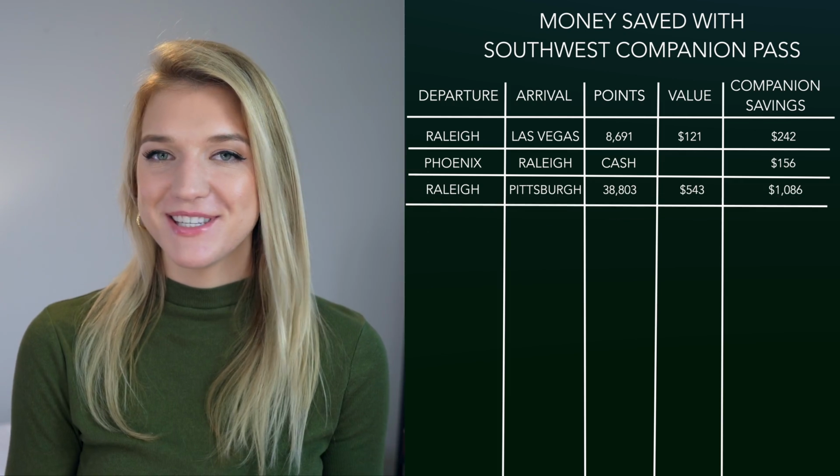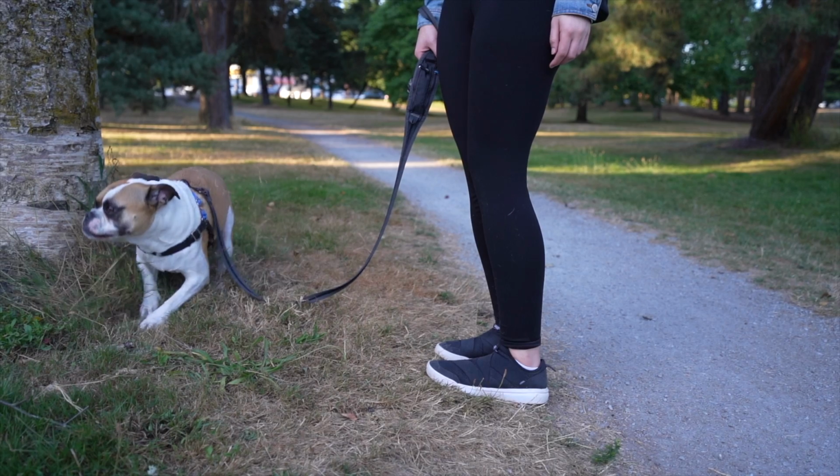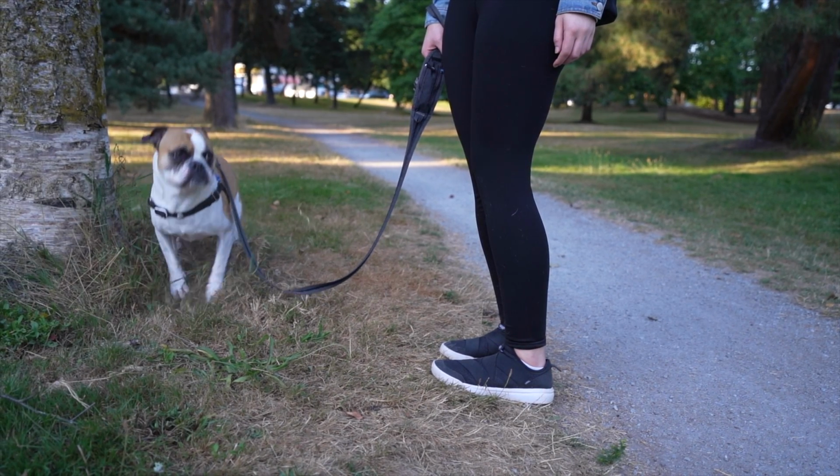After that, I had a trip to Seattle, which was absolutely incredible. In addition to the airfare being free for both of us with points and BOGO flights, we also used another travel hacking tool called house sitting, which enabled us to stay in Seattle for free for a whole week without paying for housing. And all we had to do was watch a cute dog and look after the house while they were gone. This was an amazing experience, especially because the house we were staying at was worth well over